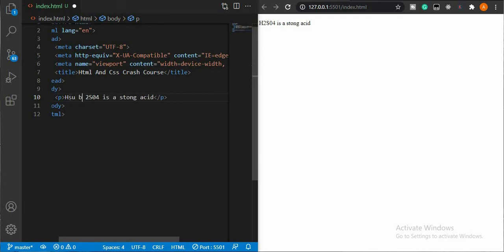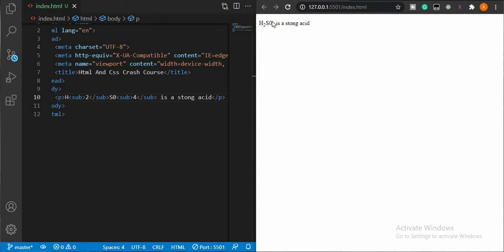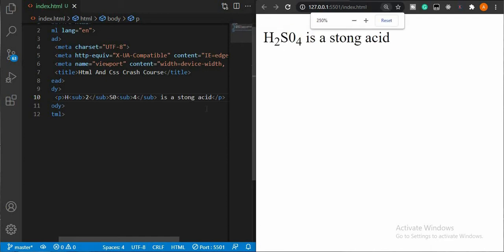So say sub and we move this 2 into the tag, close this space, also make the sub tag and move 4 into the tag. So when you save this, it becomes a proper chemical formula. Let me just increase the size of the text here. Okay,